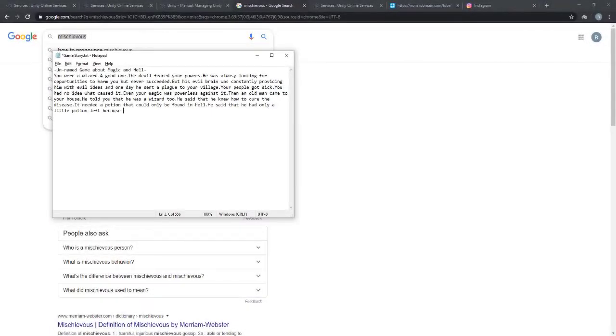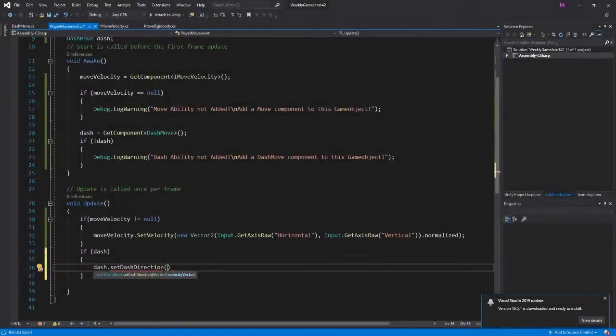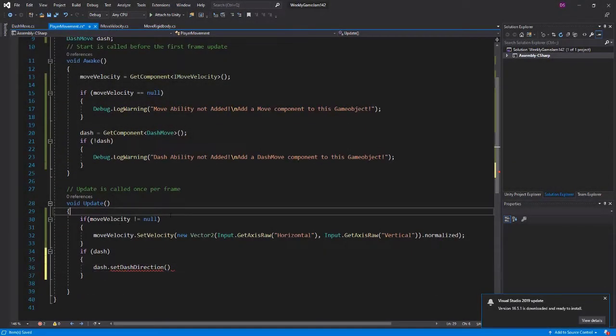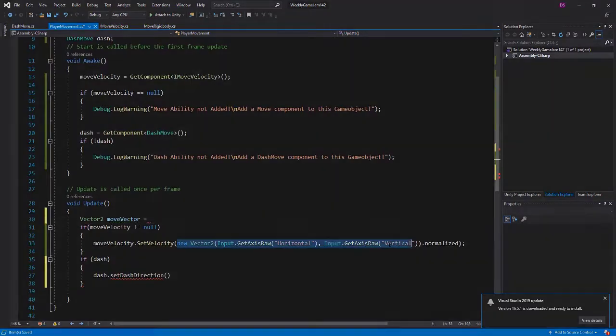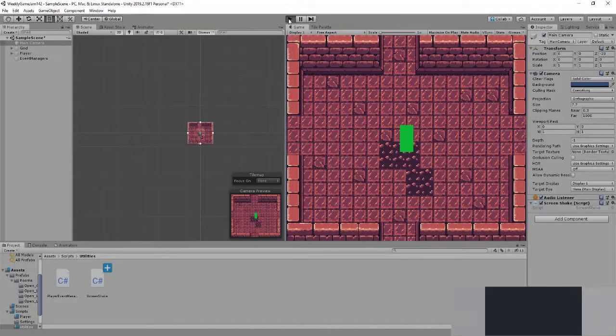I wanted to make a top-down shooter, so with the story in mind I opened up Unity and started working on the project. I spent the first day creating a player movement script. After that I added a dash ability to the player. However, the dash felt a bit empty, so I added screen shake to the game.